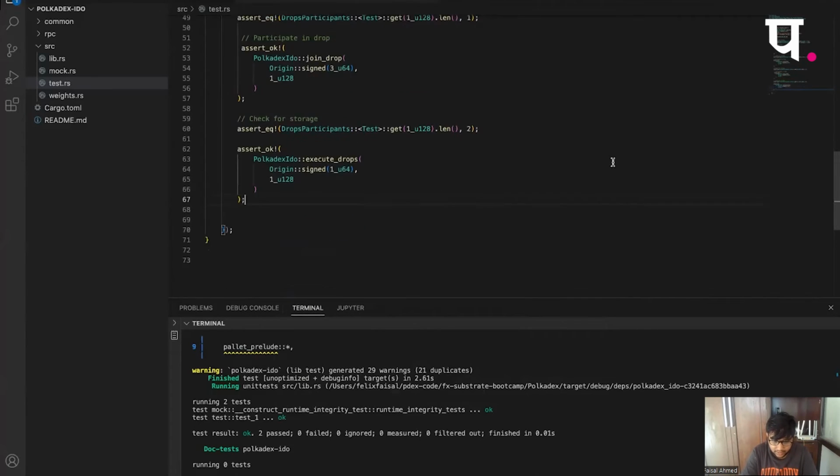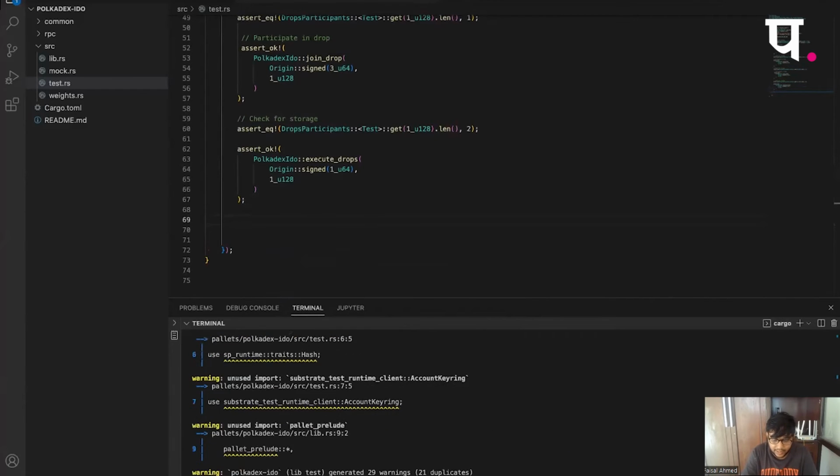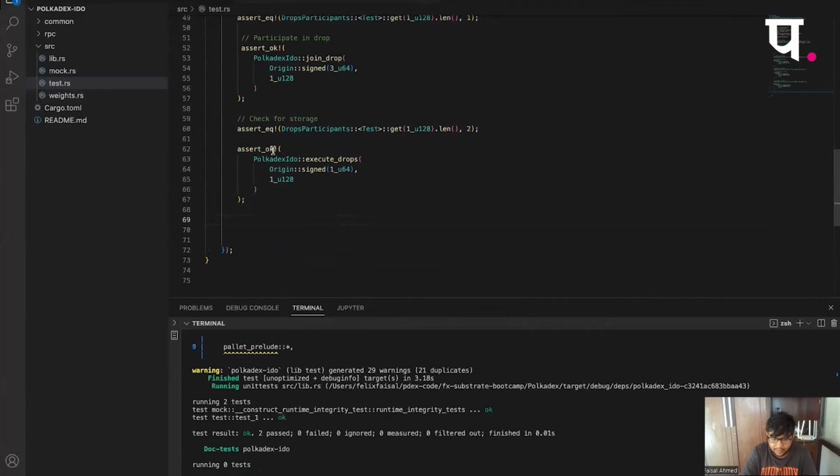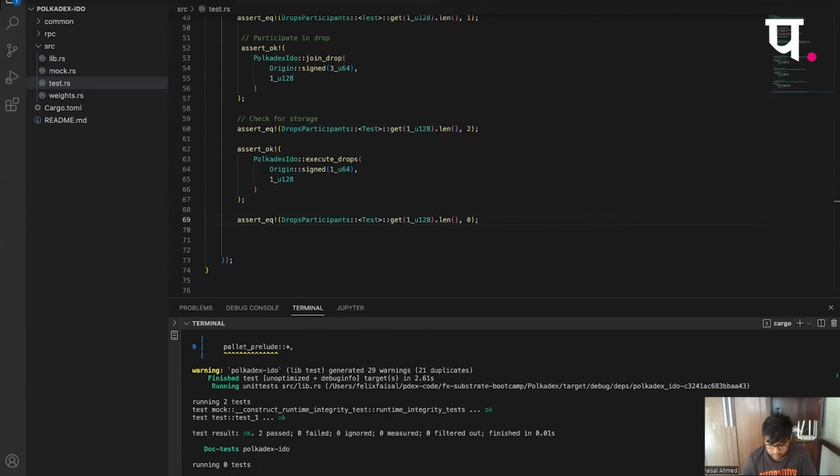And this should work right out of the box. And since we are clearing the vector after we do this entire execute, this should now be 0, right? Yeah, so this is 0 now.